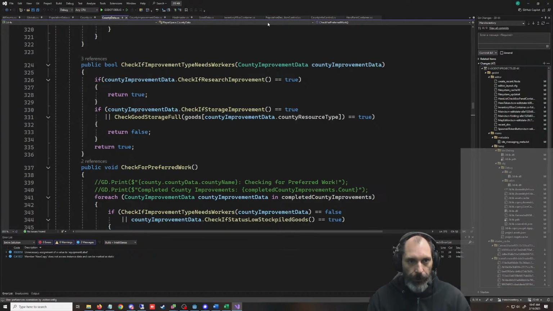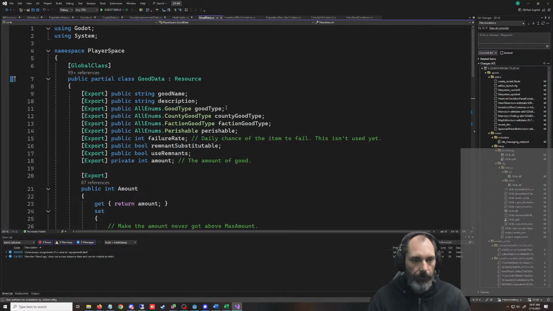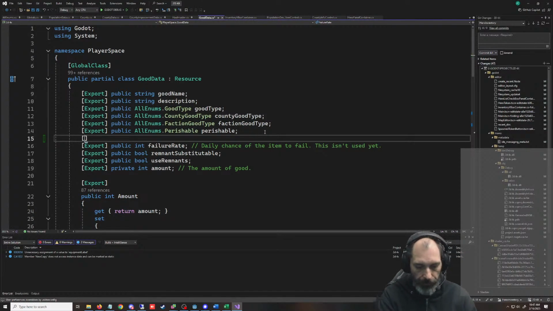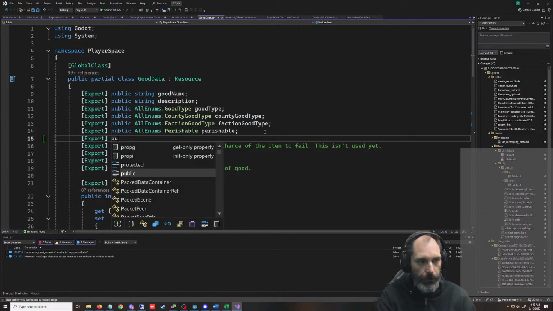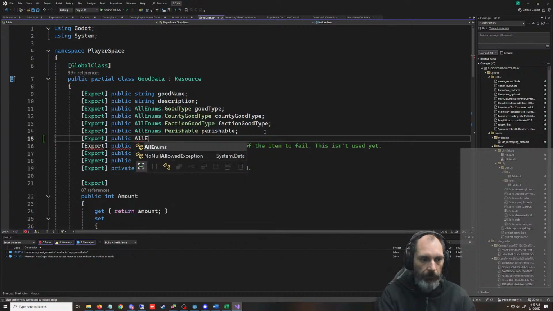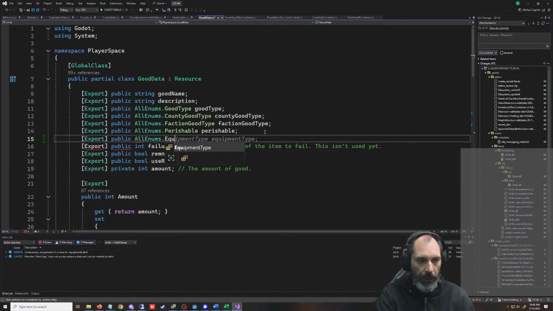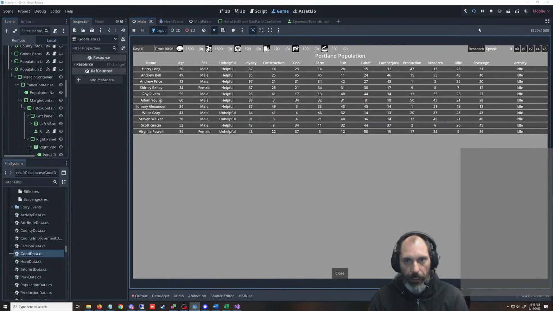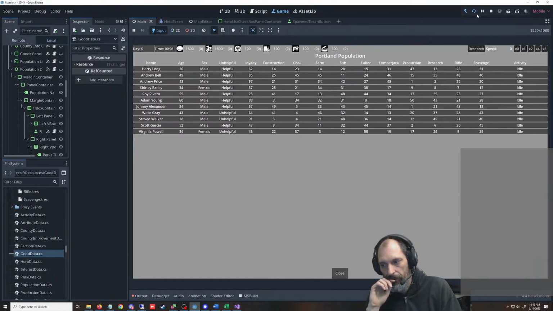No. Back to here. And we'll put after perishable, we'll go export public all enums equipment type, save that, go over here, build this thing.